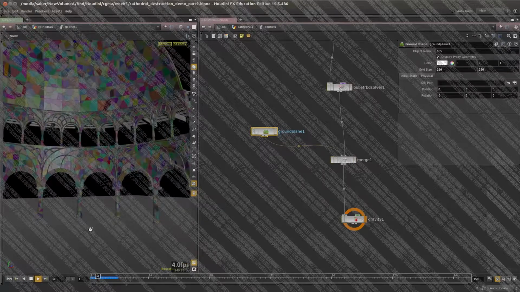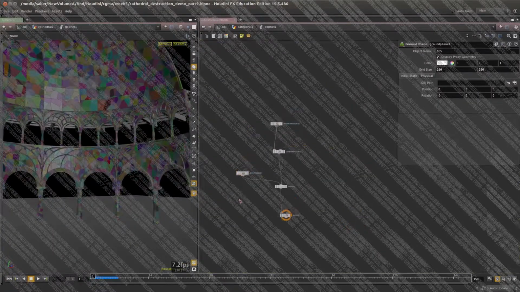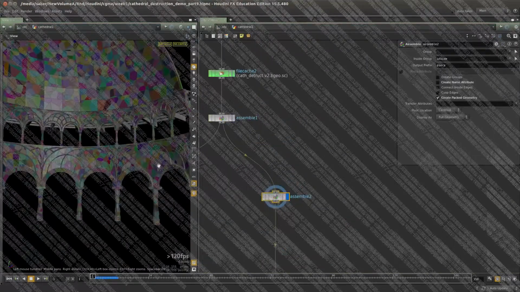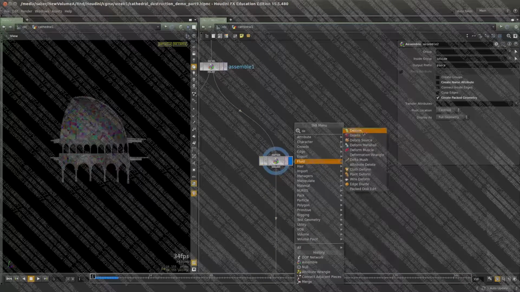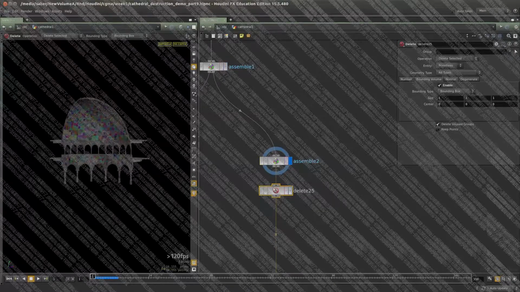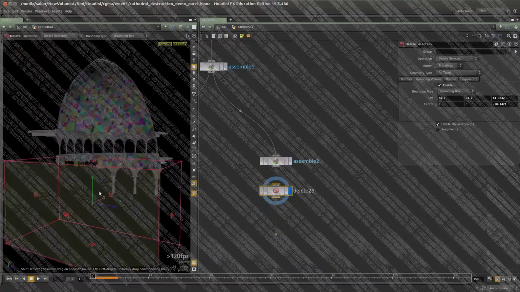and you can see it's just falling. Everything is falling down, because we don't have any constraints. And I'm gonna go back here, and I'm gonna put down a delete node, and I'm going to change it to bounding box, and I want to delete everything and just keep the bottom pillars and the arches,